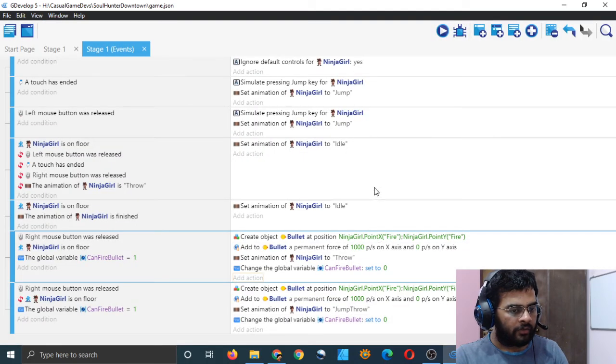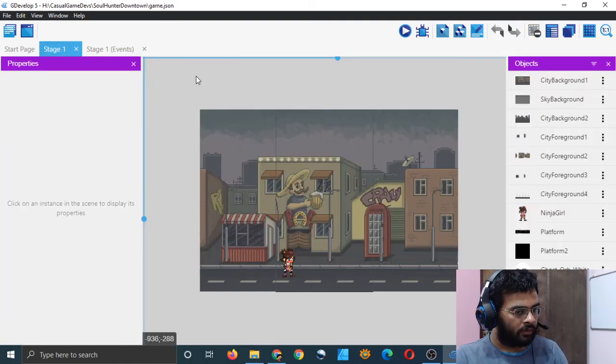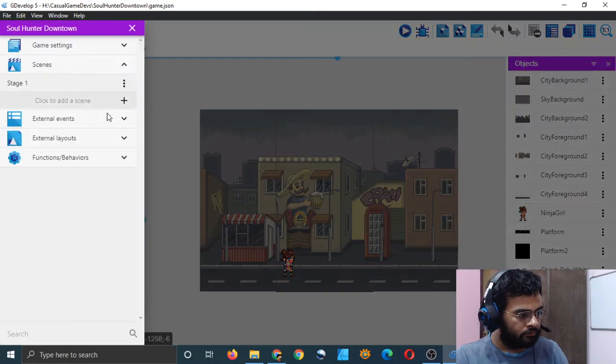I think I should first create a timer, but how do I do that? Scene timers. I do not know how to create a timer. Will this help me?